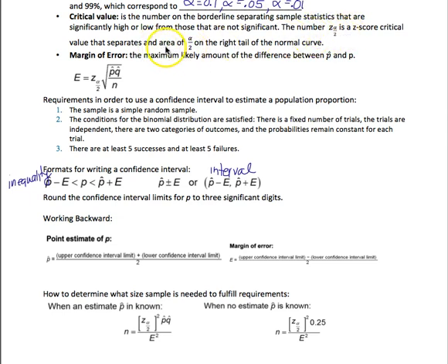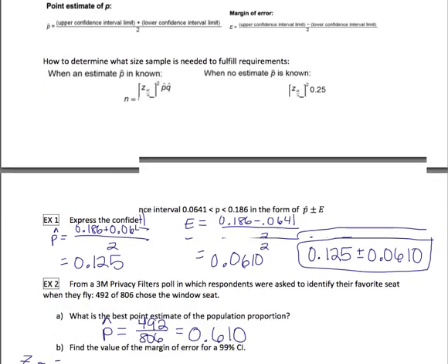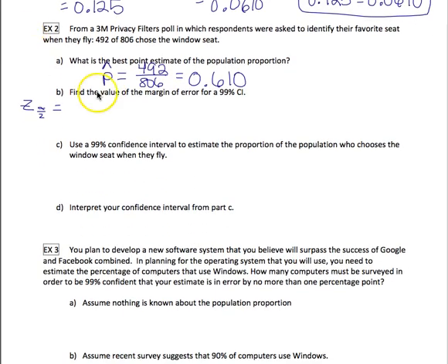So it says an area of alpha over 2 on the right tail. So this is a normal curve. 99% means that alpha is 0.01. So if alpha is 0.01, then in this case,